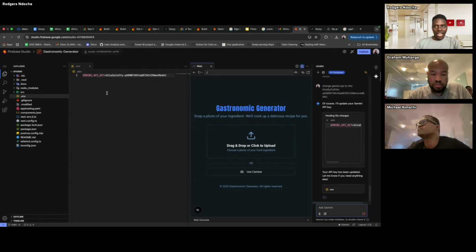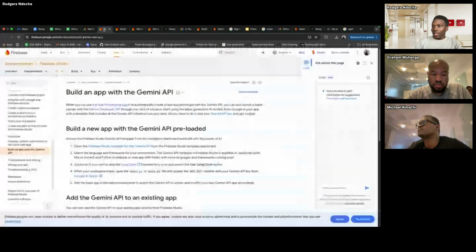I think because of time, we can just leave this window open, and then we see what other options we have with Firebase Studio. As I said again, you can build an application from pre-loaded templates.